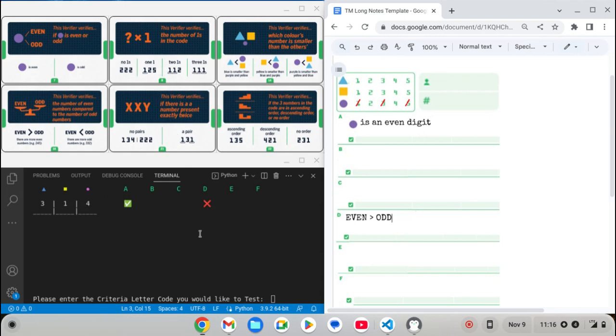Well, I'm curious if we have a minimum of 2 evens. Just curious, maybe there's a pair. So let's go ahead and test criteria card E and see if there's a pair. Okay, so the Turing machine again does approve of my choice in 314. Notice that all the digits in 314 are distinct, meaning that the solution has no pairs. So let's go ahead and type that up in our notes in section